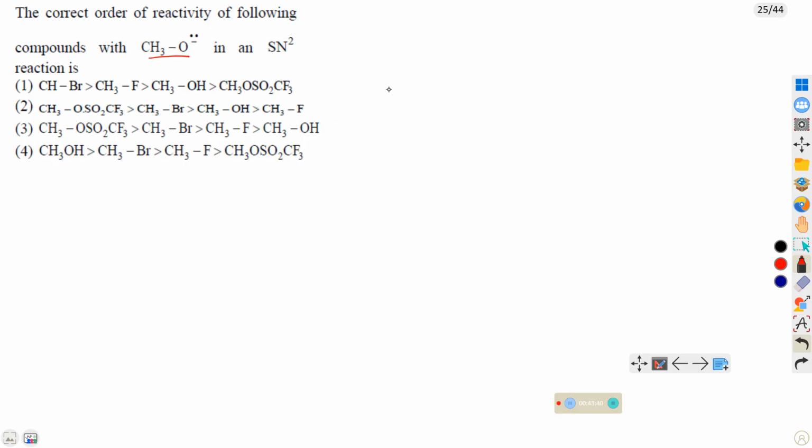So, the rate of SN2 is directly proportional to the strength of the nucleophile. Strength of the nucleophile. Which strength is more? Bromine strength is more compared with fluorine and OH. So the correct answer is